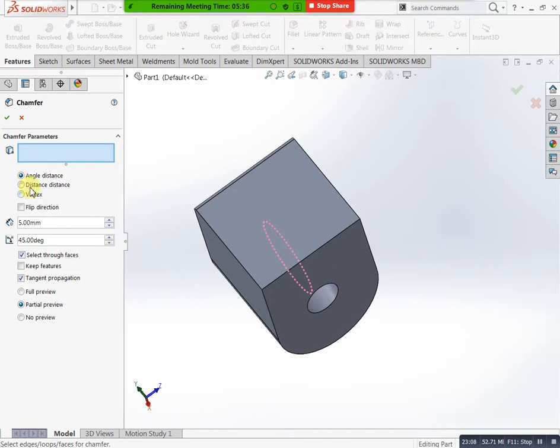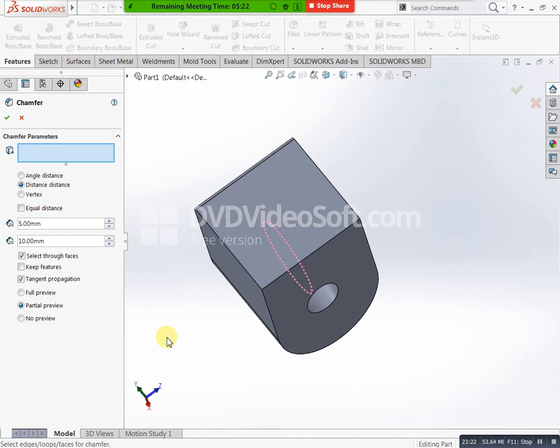Next, okay, this is our fillet and chamfer. Okay, and a fillet purpose, here we have one definition, just you can read that one, you can understand easily. Creates a rounded internal or external face along one or more edges. Just you can observe, create a rounded internal or external. You can apply for internal condition, you can apply for external condition. For example, you can apply here, that is internal, you can apply here, that is external.